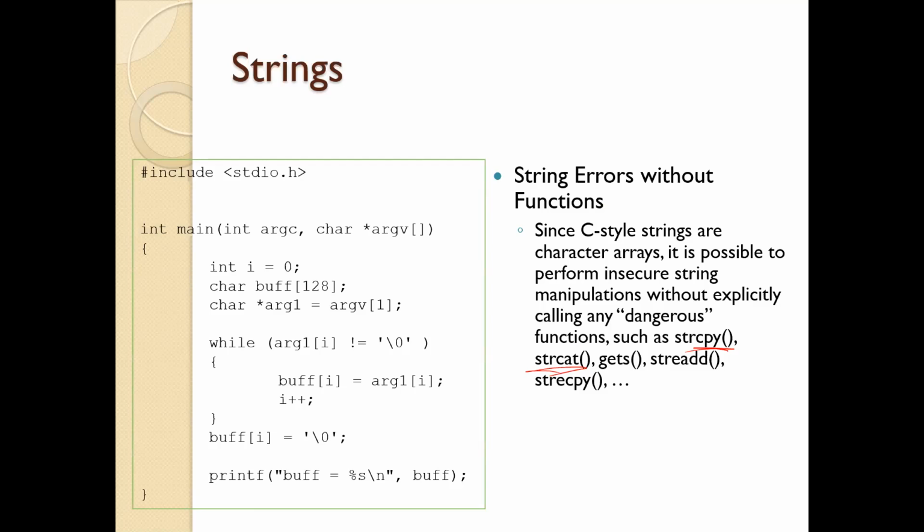Any ideas? Come on, somebody try. The length of argument 1 may be more than 128. Can you say that again? Argument 1, the length may be more than 128, just the length of the buffer. Okay, yeah, that's true. So you're saying the input might be bigger than 128. Yes, that's true, but